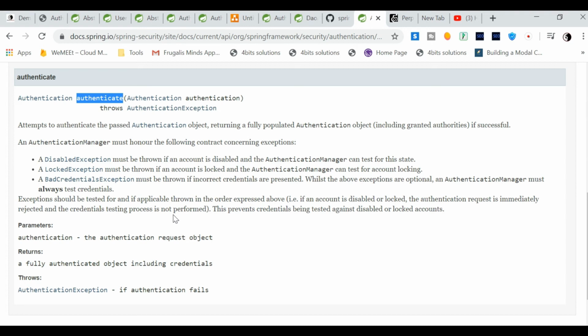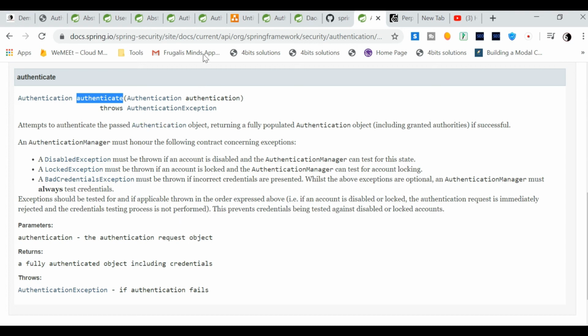Now the authentication exception is basically a runtime exception. It is usually handled by the application in a generic way, depending upon the style or the way of implementation. The most commonly used implementation of authentication manager here is the provider manager. This provider manager has the capability to delegate to the appropriate authentication provider. It tries to check if this particular authentication is supported or not, and if it is supported, it will call that particular authentication provider.